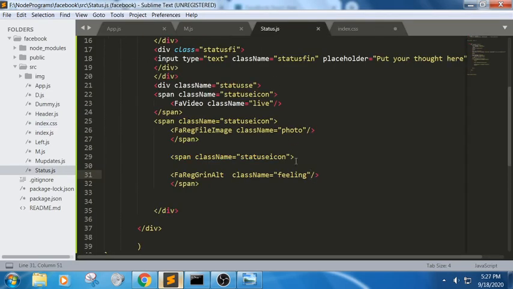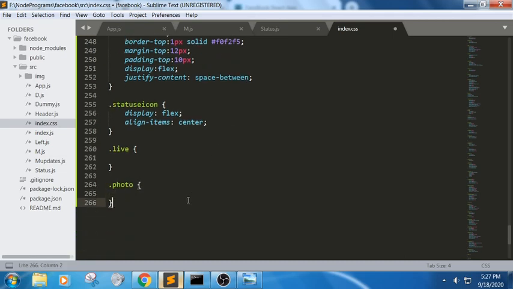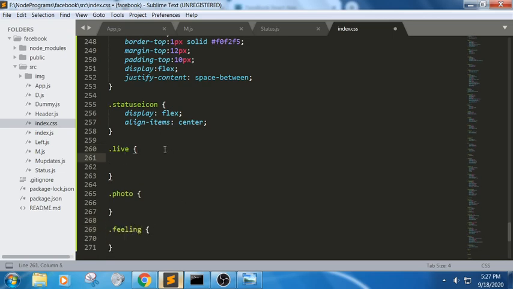What is the first name? Live, photo and feeling. Okay, in this first one is live, next one is photo, next one is feeling. Okay, in this first one, first color would be